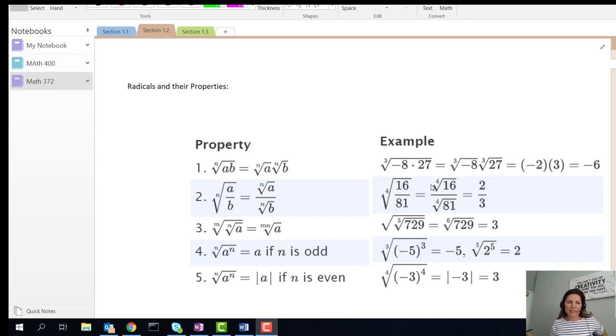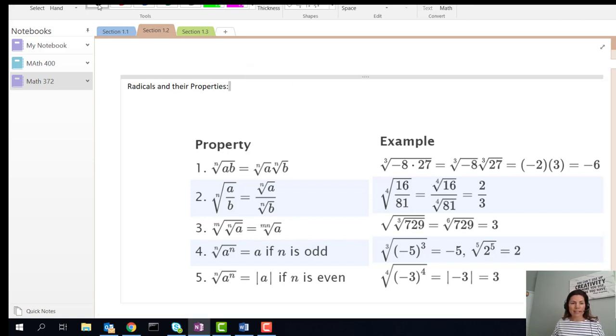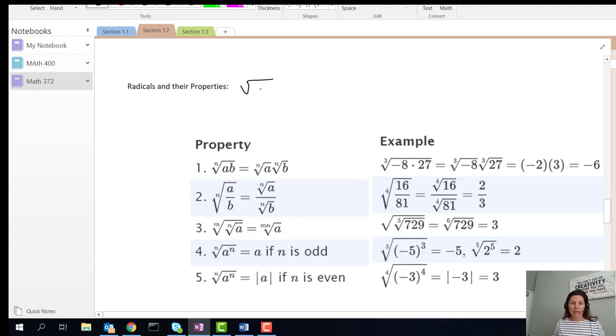Hi there, in this video we're going to continue covering rules of exponents, but we're going to move to radicals and their properties. So first of all, a radical is something like the square root of a equals b, and what this means is that b squared equals a. So a perfect square, when you take the square root of, you get that number. So the square root of 4, for example, is 2